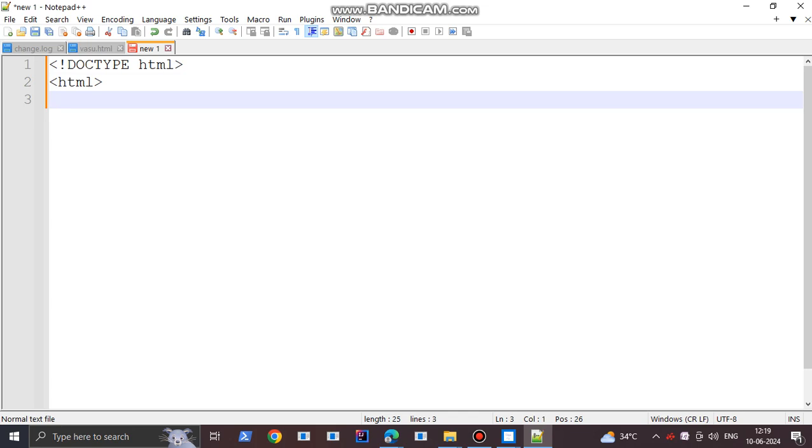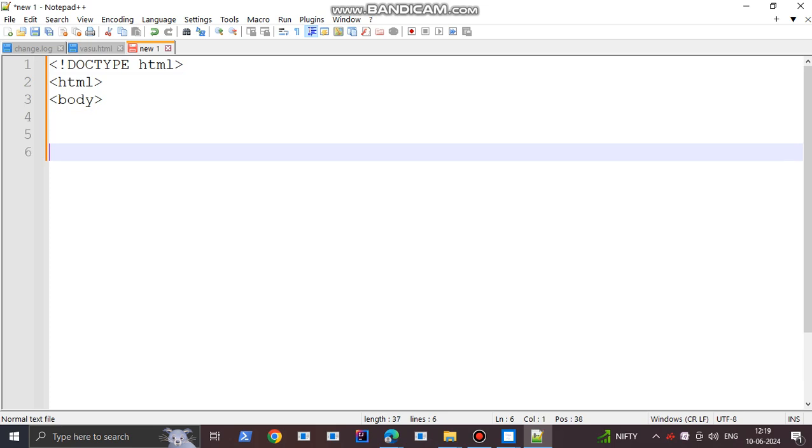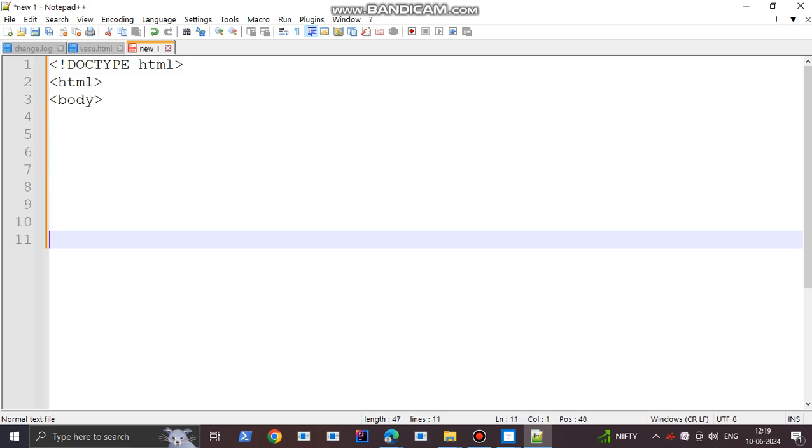Next, the body section, the body element with the start tag. Then come down and close with the HTML end tag.